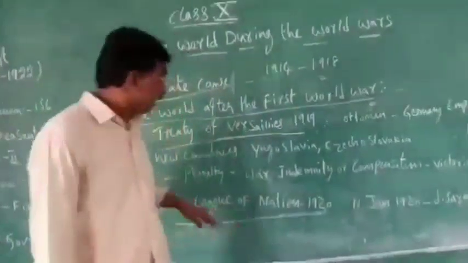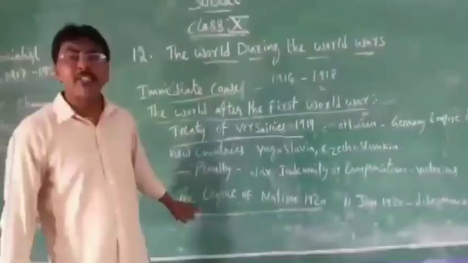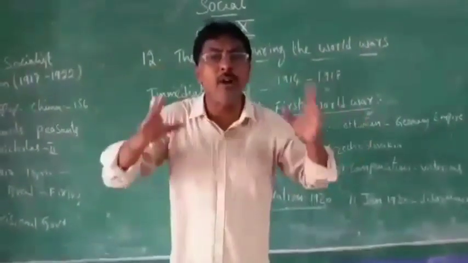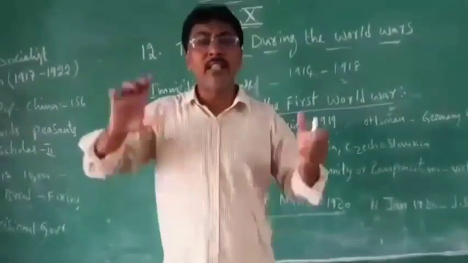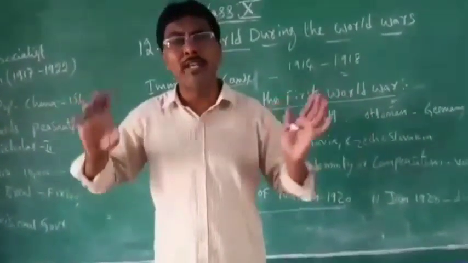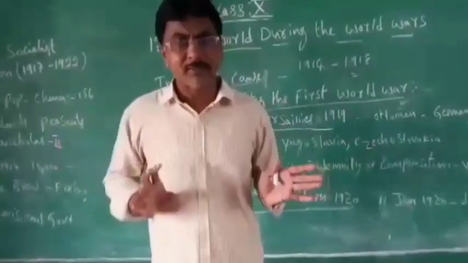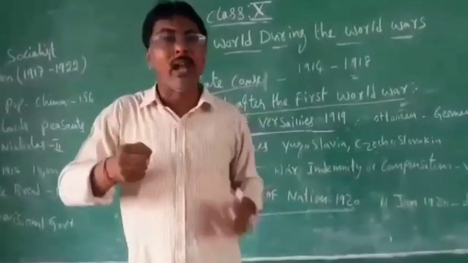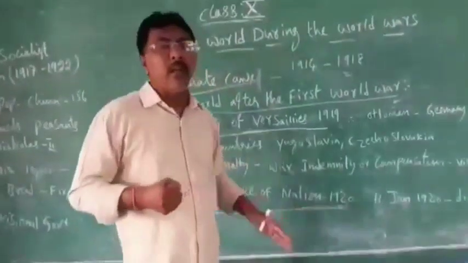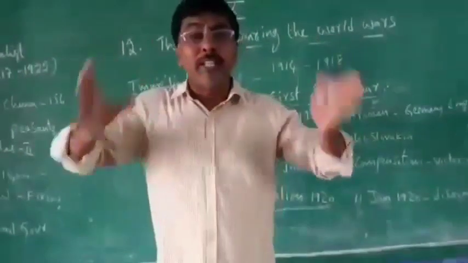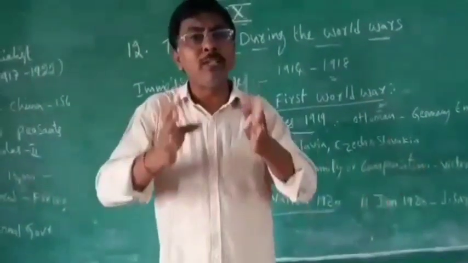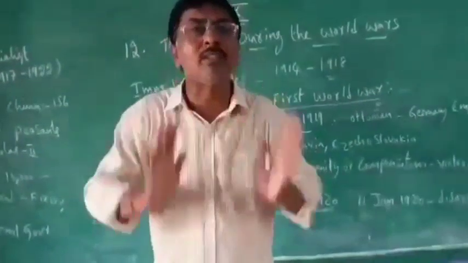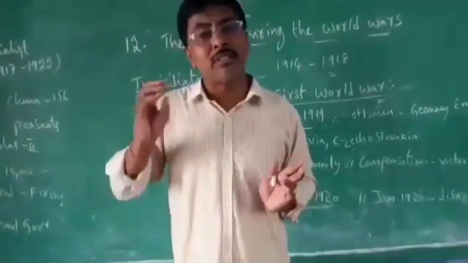So at that time, in 1920, the League of Nations was established to maintain peace and security, to stop the wars between the countries. Some countries, England, France, Russia, USA, became one and formed the League of Nations. What did it do? It maintained peace and security. Nobody should fight wars, and if they are fighting wars, the League will go and stop the war. So like that, it was established.